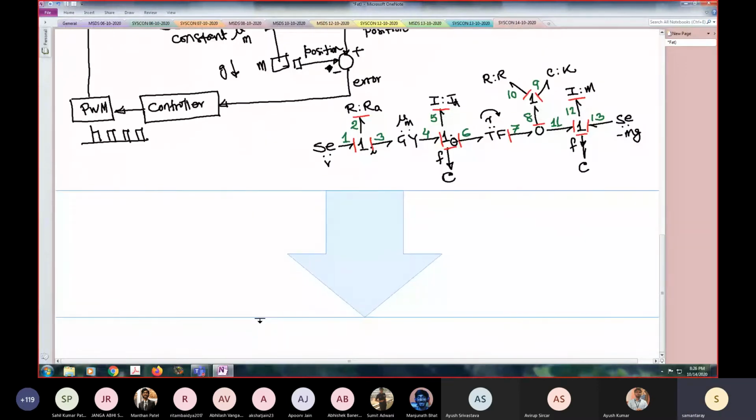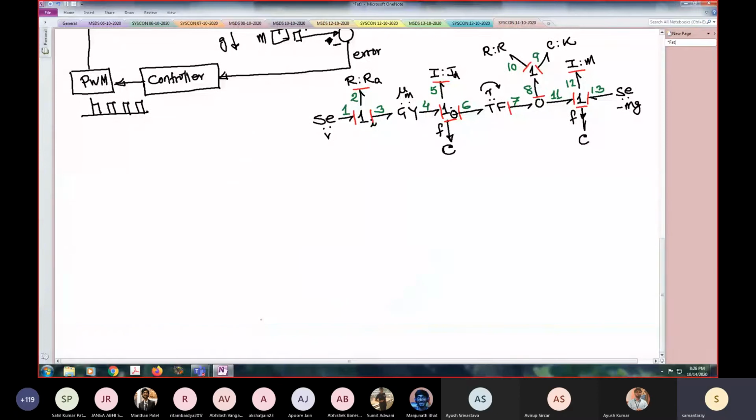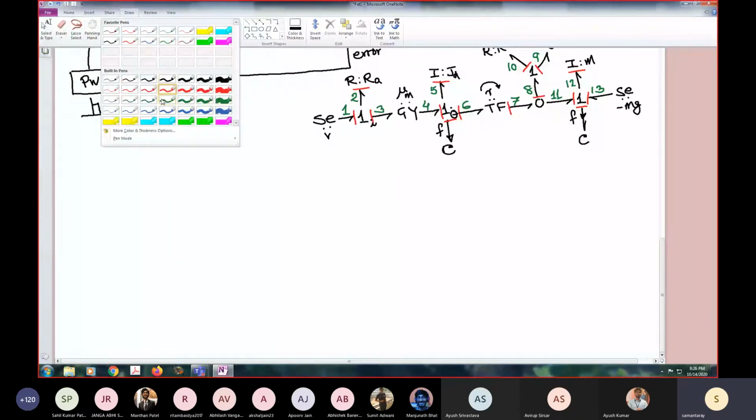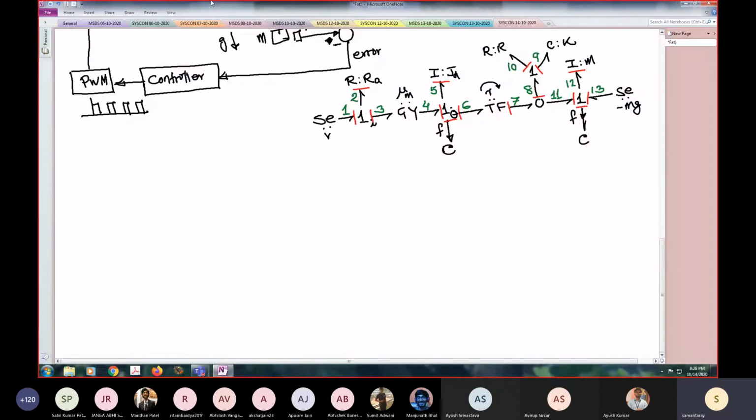So I will keep this slightly up. So what is the color of this? It's red. Okay. All right. So the first step to draw a signal flow graph is to introduce all effort and flow nodes. So we will start with effort nodes at top, flow nodes at bottom. You can change them. It's not mandatory that they will be at top and bottom. You can choose the way you want to write them.